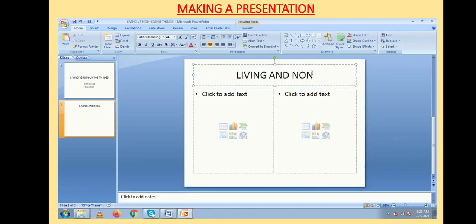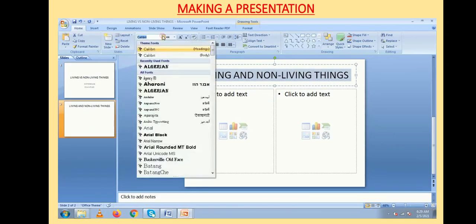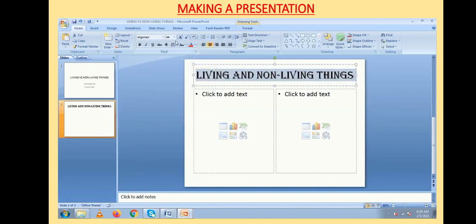Give the title of your slide. And then suppose I want to add some effects to the text, I can always do.